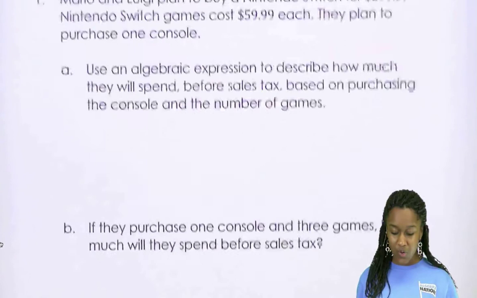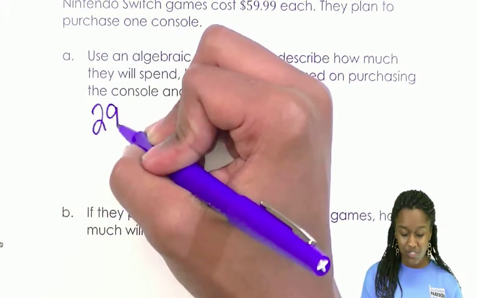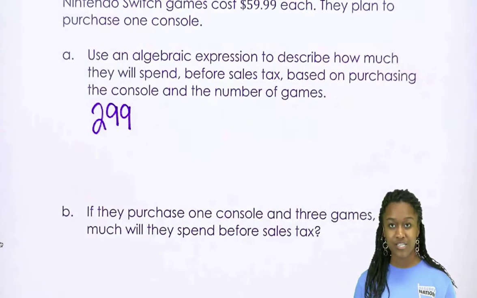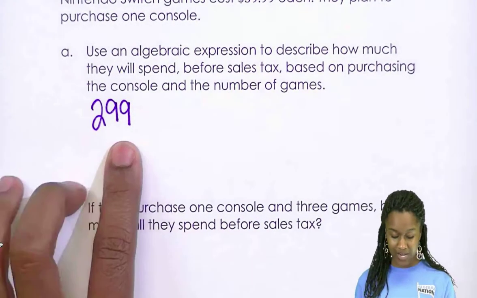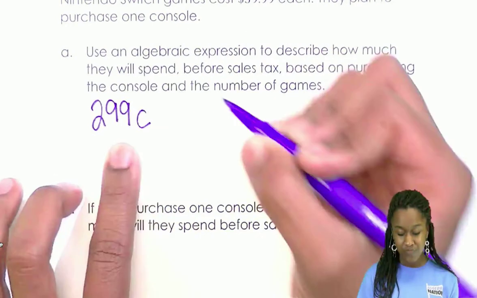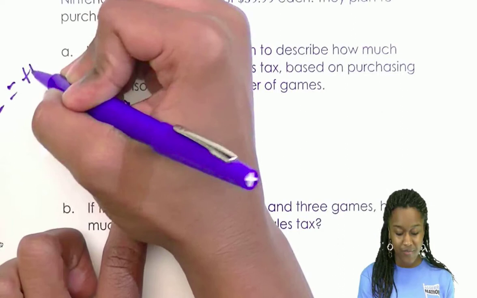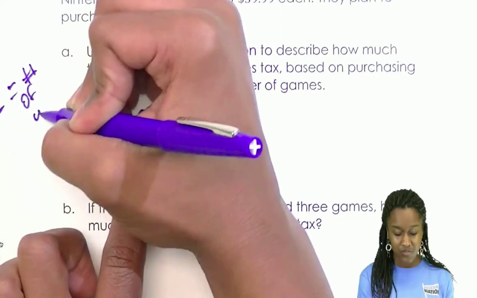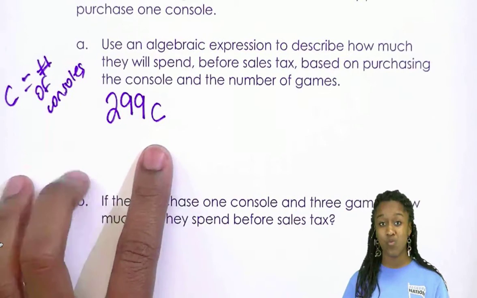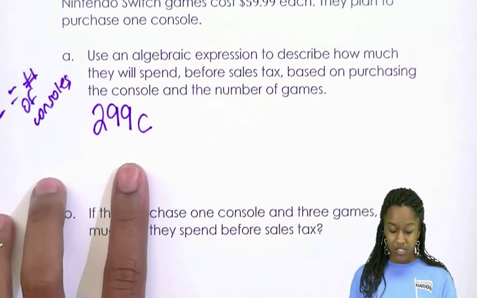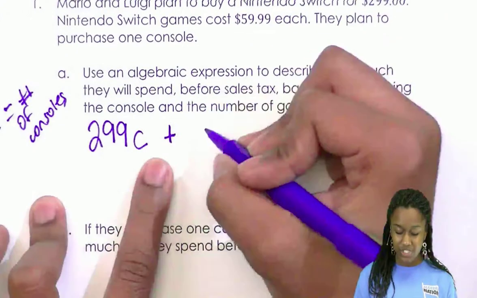Alright, so we know that they plan to purchase one console, and a console costs $299. So they plan to purchase one, but they could purchase more, right? We can use a variable of C to represent our number of consoles, even though we know they're probably going to buy one. Alright? So then we want to add the cost of each game, which is